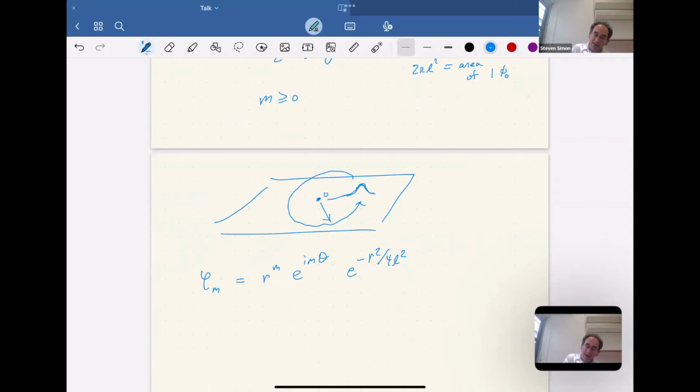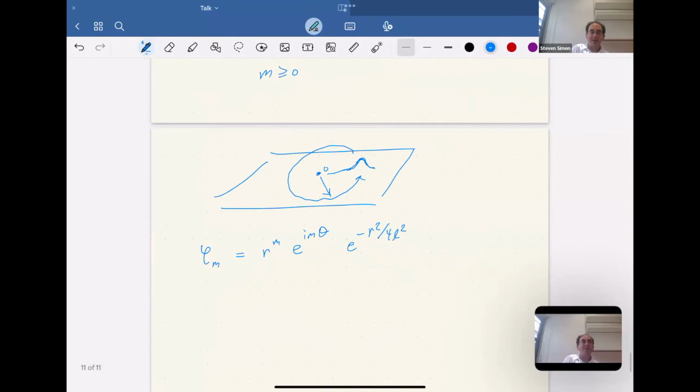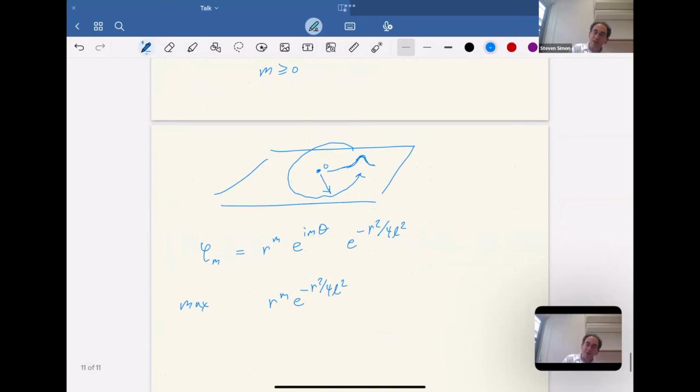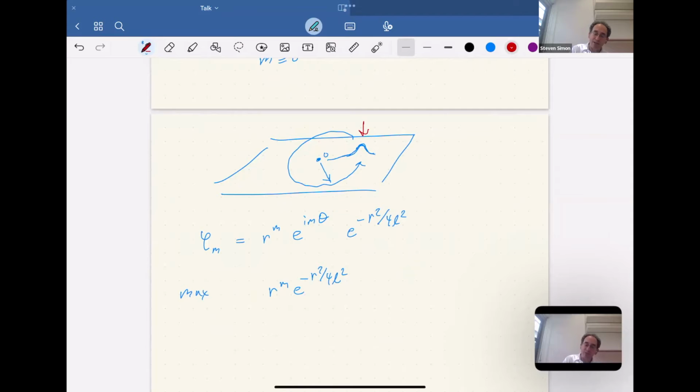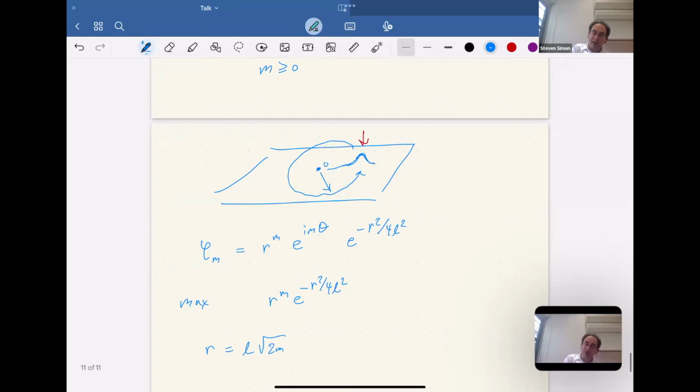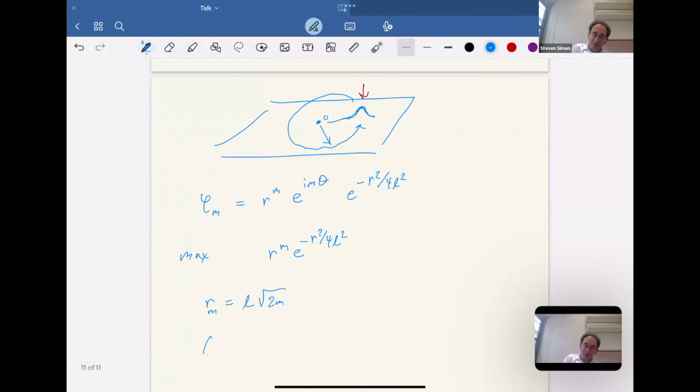If you maximize the amplitude of r to the m e to the minus r^2 over 4L^2, you discover that the place where it peaks is at radius equals L times the square root of 2m. So you basically get concentric rings of these little Gaussian peaks whose radius goes out as the square root of 2m, and the area enclosed